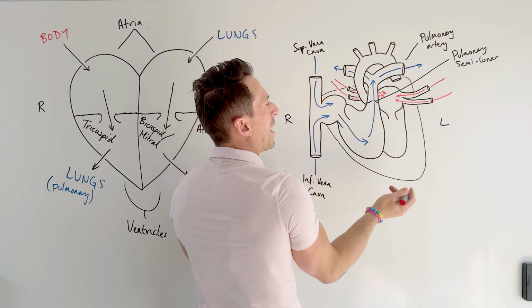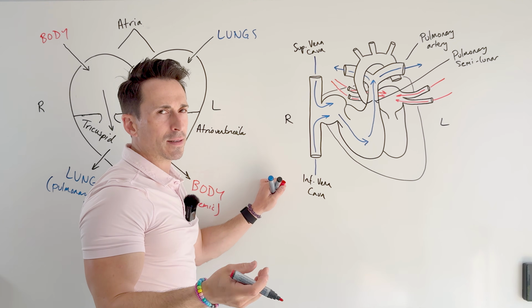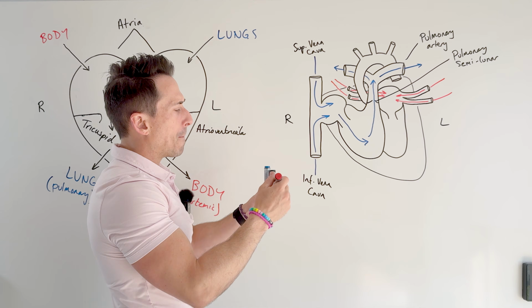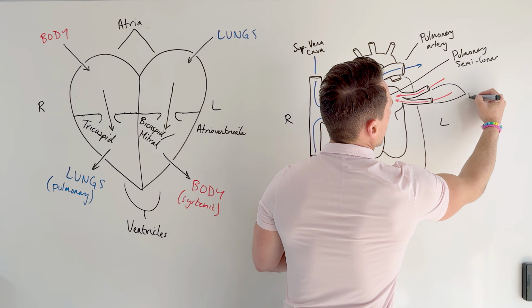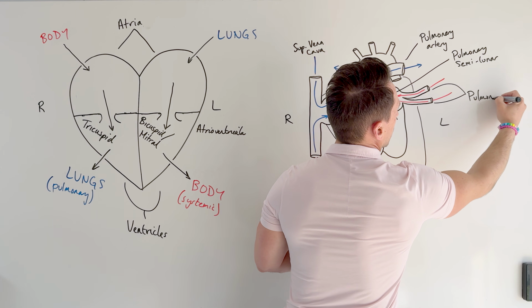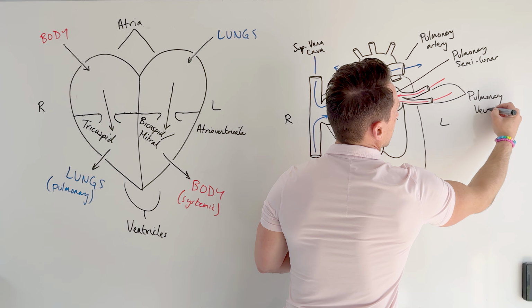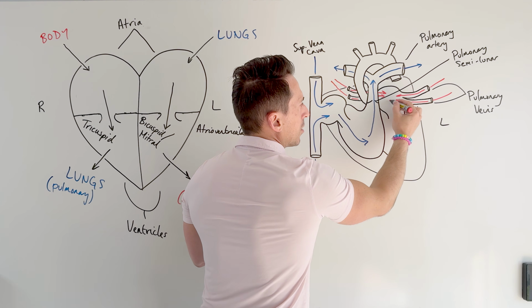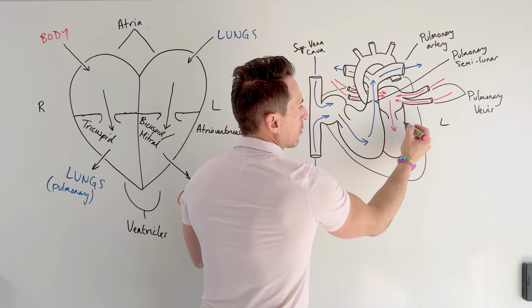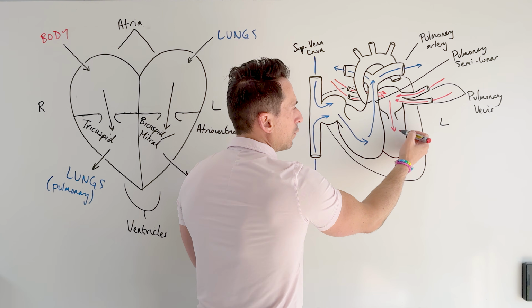Well, they're going back to the heart, so they're called veins. From the lungs, they're going to be called pulmonary veins. So these are the pulmonary veins. Easy. And it goes to the left atrium, pushes it down through the mitral or bicuspid valve into the